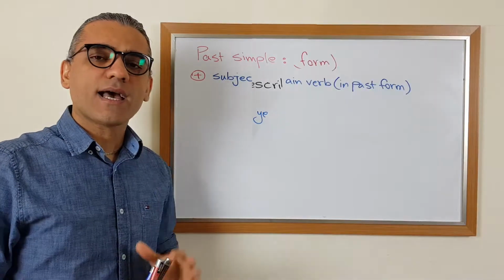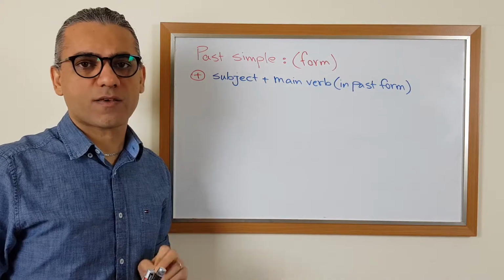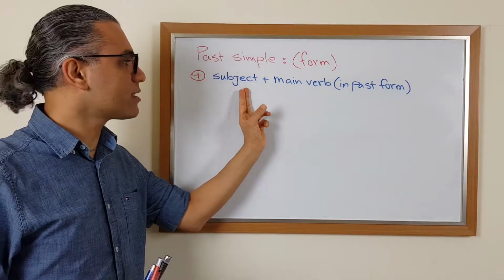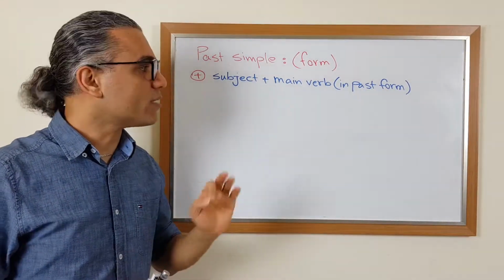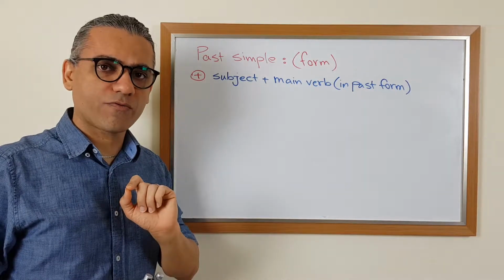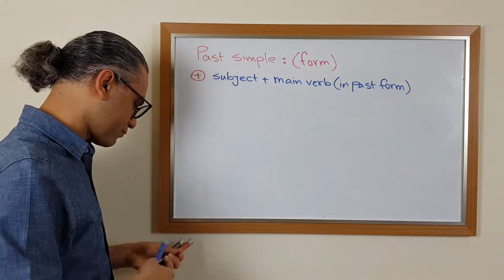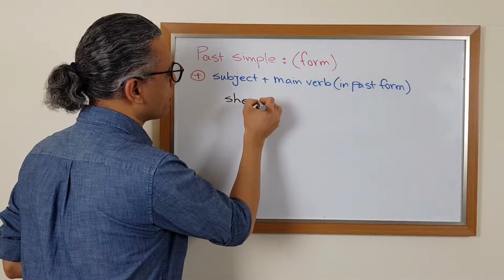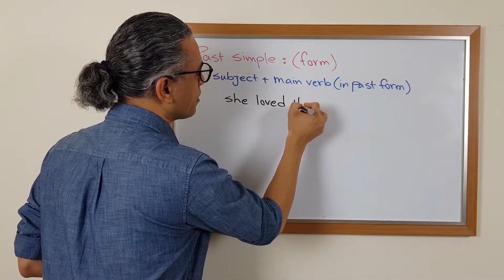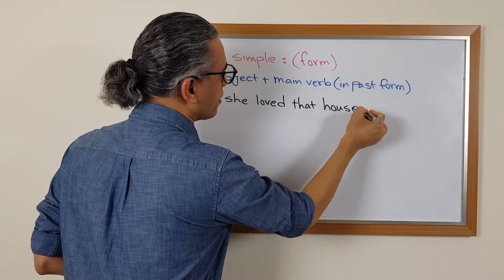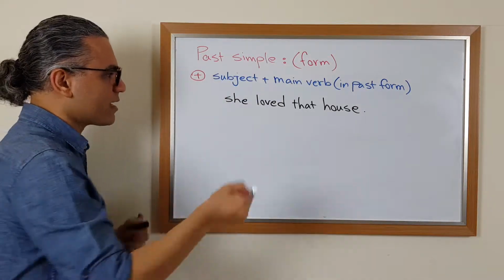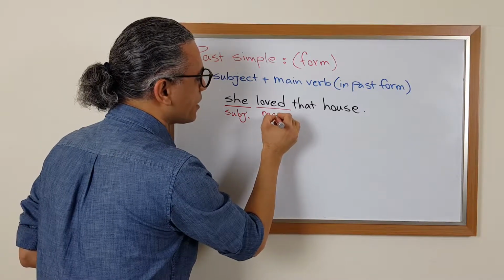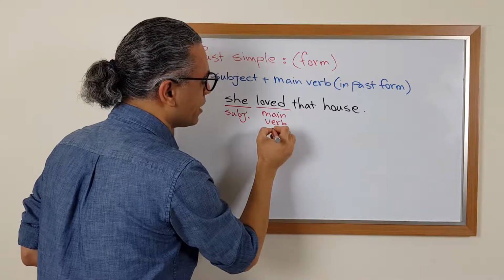Now, let's see how a positive sentence or an affirmative sentence is written in past simple. In a positive sentence, we start the sentence with subject, and then we use the main verb in past form. I will talk about past form in a few seconds. Example, she loved that house. In this sentence, she is the subject of your sentence, and love is your main verb in the past